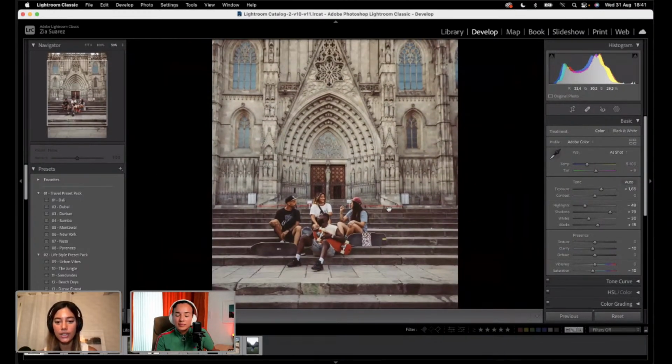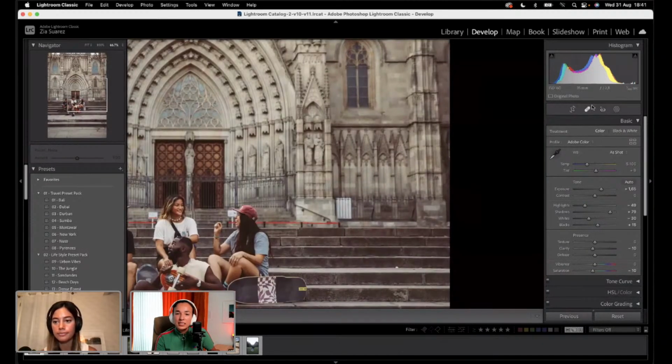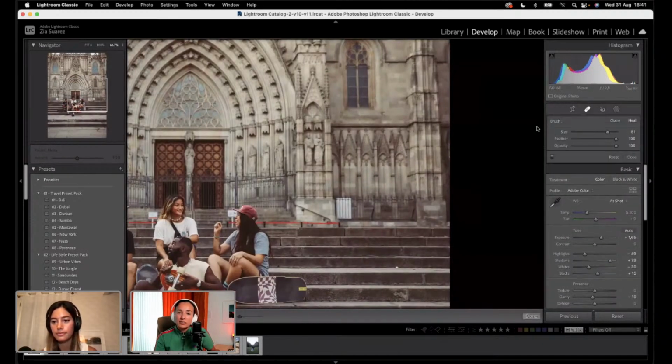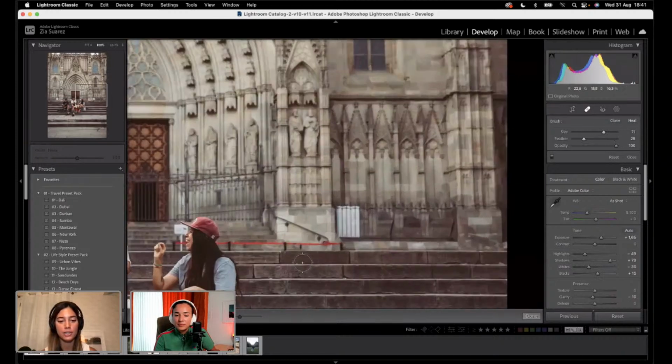Is there a reason why you don't like to get the advertisements in the photo? I just wanted to... it was a huge distraction. It was super distracting. I'm all about eliminating distractions out of my photos, which is what I'm going to do now. So I'm going to try to do as many things as possible in Lightroom before we hit Photoshop,